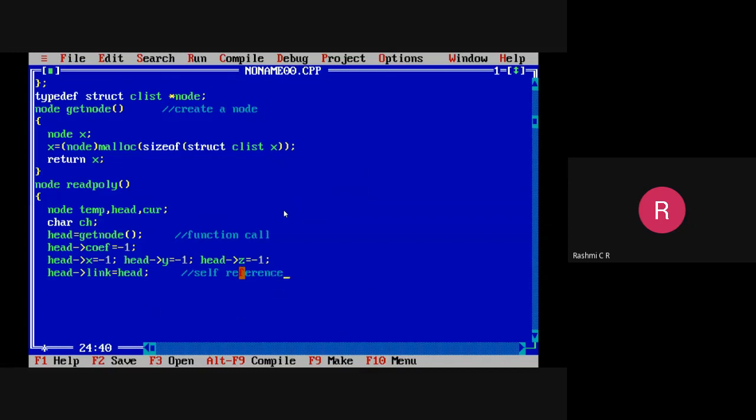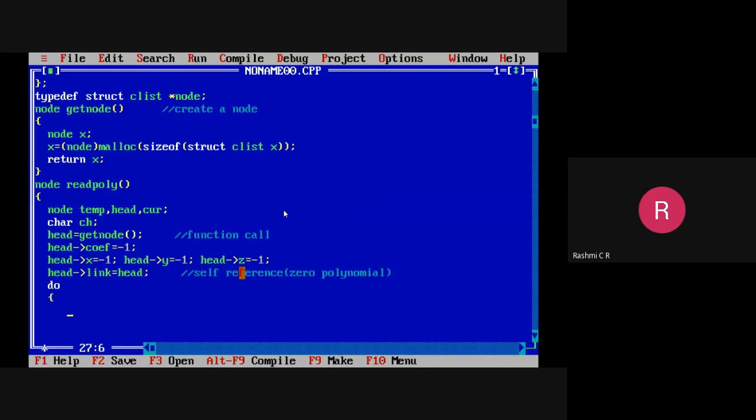As of now, we have not added any polynomial terms, hence header node will be pointing to itself. Okay, so it is self-reference. Why it is a self-reference? Because it is empty. I can consider that as zero polynomial. No terms have been added yet. Okay, this is the initial condition. Afterwards, if you want to add terms, then you continue.